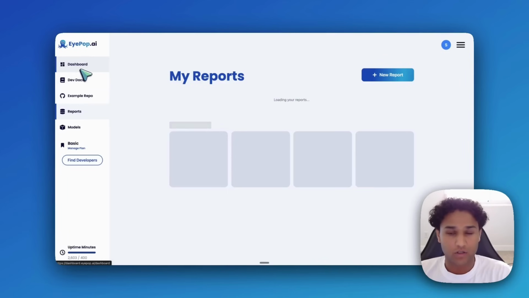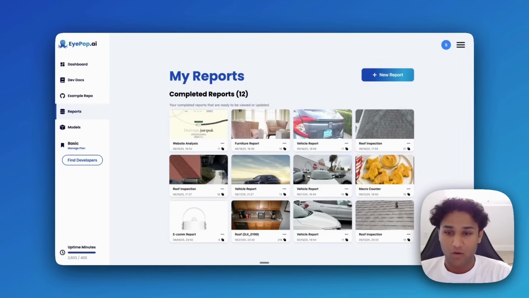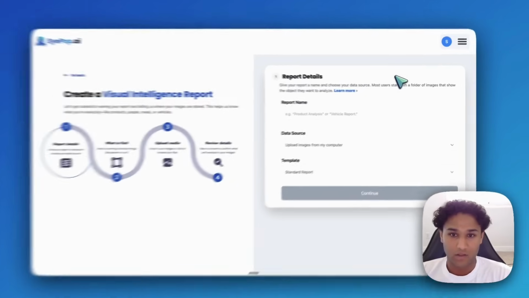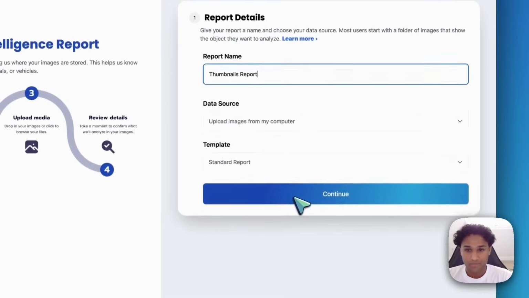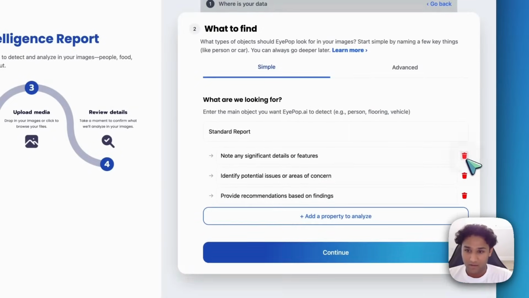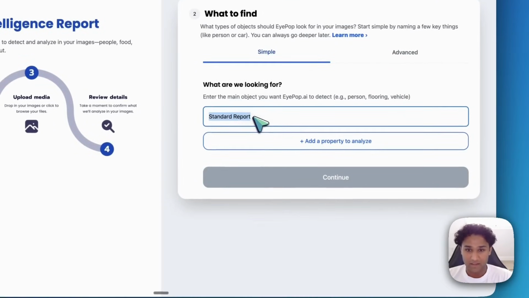Let's try a similar example, but now we're going to use thumbnails instead of websites. So thumbnails for like YouTube images. Thumbnails are the image you see as the cover of the video you're about to click. So we can call this new report thumbnails report, and the template for this will be standard report. And now we can remove all of these fields and define the main object we were looking at, which is a thumbnail,